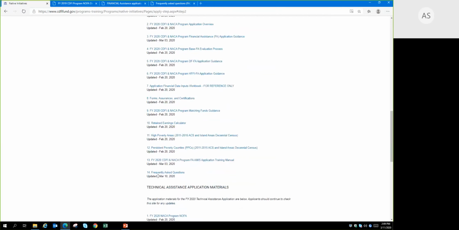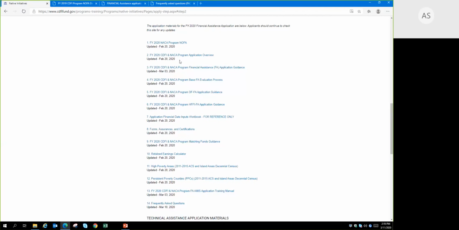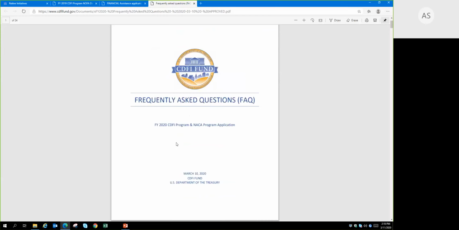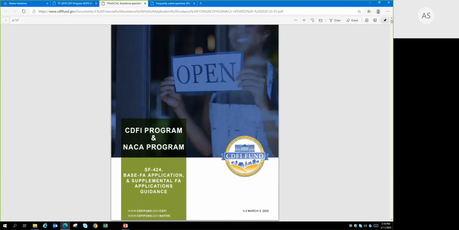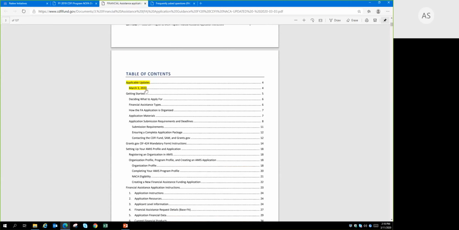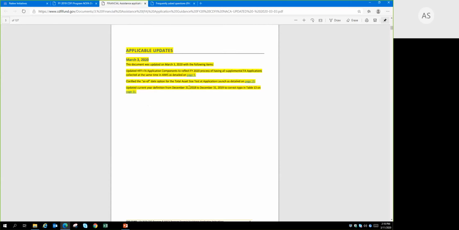So you can see that we update materials, and as the materials are updated, we'll put a new, born-on date, if you will. So yesterday, March 10th, we published these frequently asked questions. We published some revisions to the application guidance, and just to highlight where these revisions show up, they'll show up as highlighted sections within the table of contents so that you can easily identify information that's been updated. So, for example, on March 3rd, there were 4 clarifications that were published. So if you downloaded these back on February 20th when the application came out, you'll want to re-download these just so that you have the most